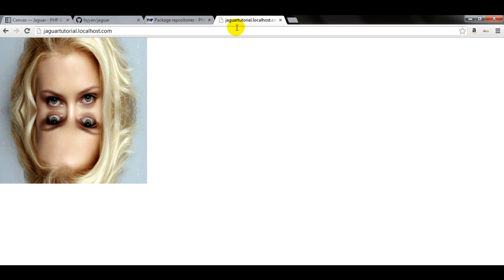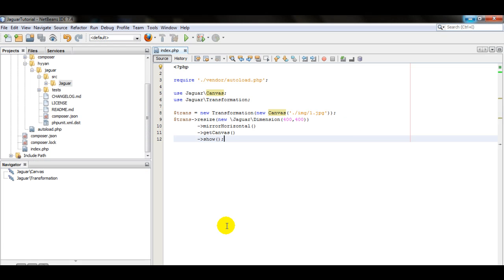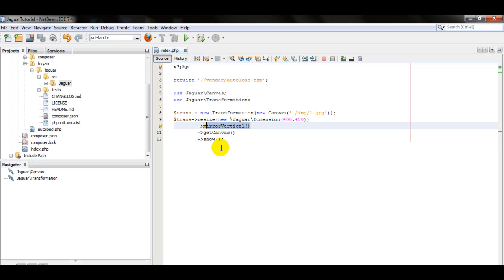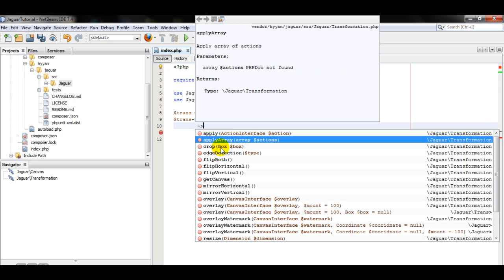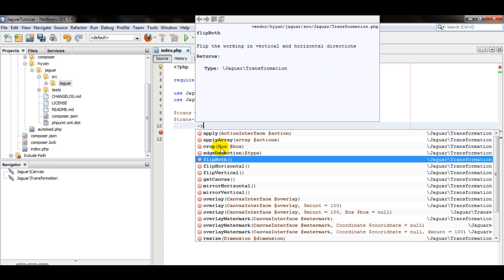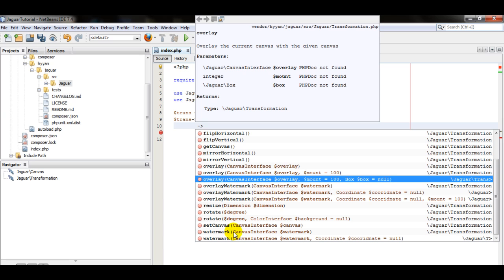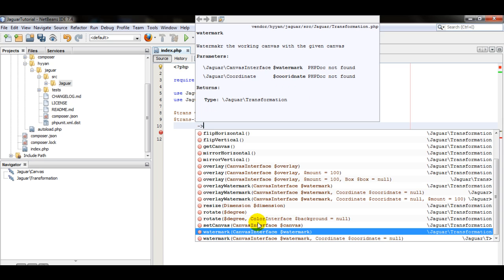You can see that we have resized the image, and we mirrored it horizontally. We're gonna try it with vertical, for example. See, well, it's not a pretty photo anymore, yeah. Anyway, see, you know, the transformation object is full of methods: crop, edge detection, flip, and mirror, resize, rotate, watermark, which will need another canvas object